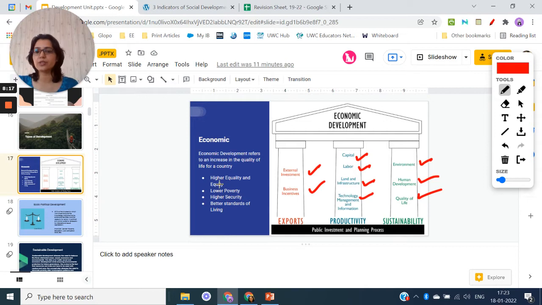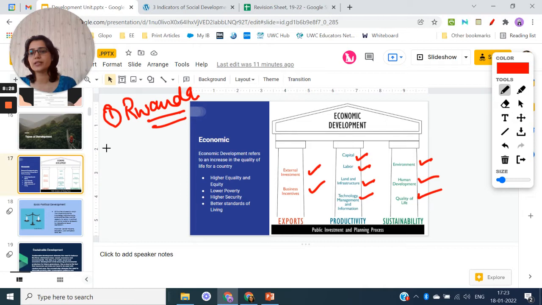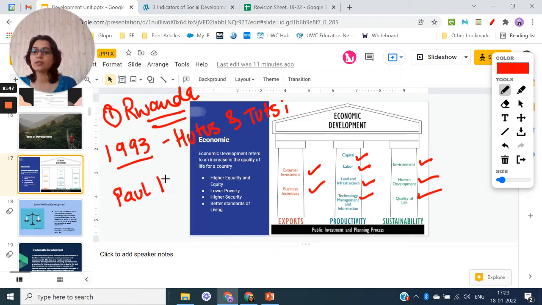What examples can you think of under economic development? One example you can think of is Rwanda. How did Rwanda progress? It had a genocide in 1993, right? This genocide was between two tribes named Hutus and Tutsis, right? Now, what happened after 1993, or since 1993? Paul Kagame